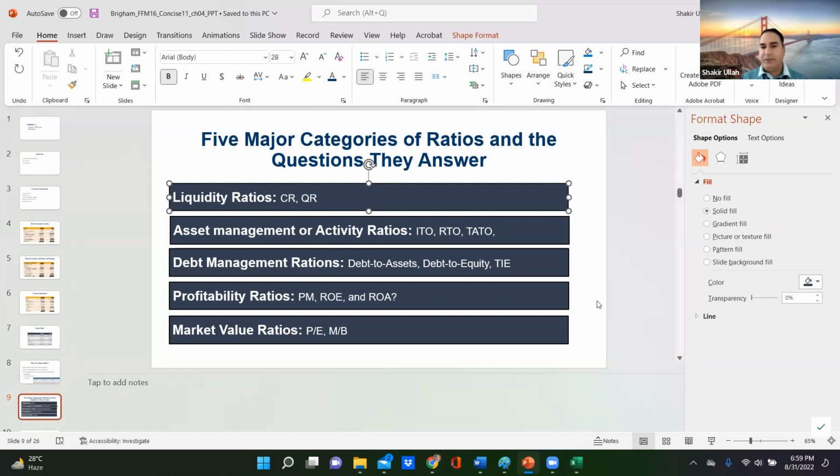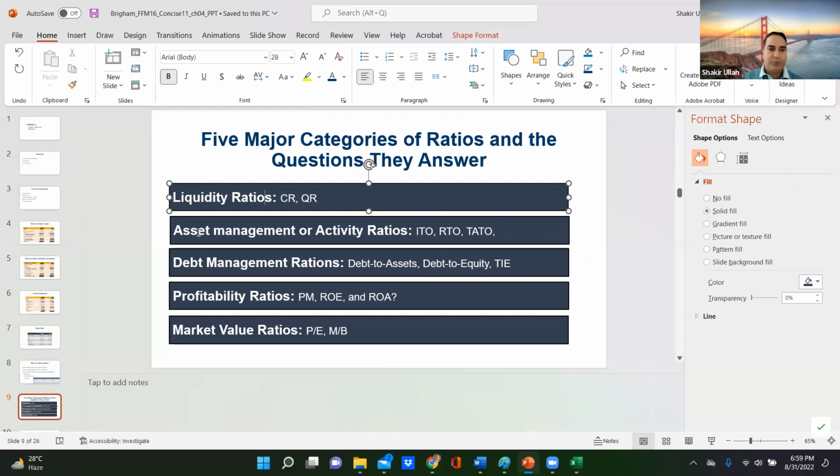Liquidity basically is the availability of cash to meet your liabilities. So these ratios basically look into how liquid your business is and whether you would be able to meet your short-term obligations or not. Okay, so we simply compare our current assets with our current liabilities to see our financial position. We may have a lot of assets and everything, but if we run out of cash and we're unable to pay our liabilities, we can go bankrupt despite having good profitability.